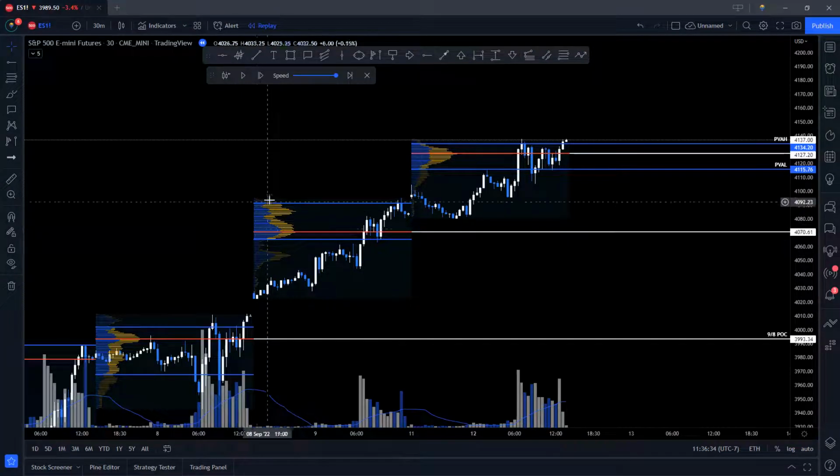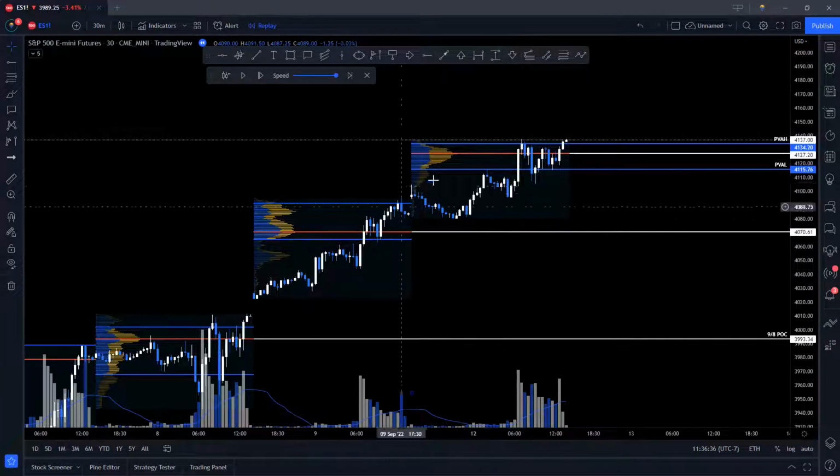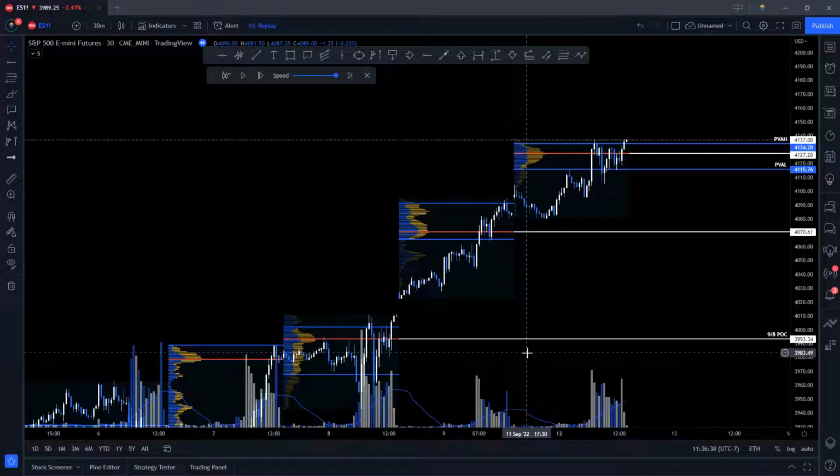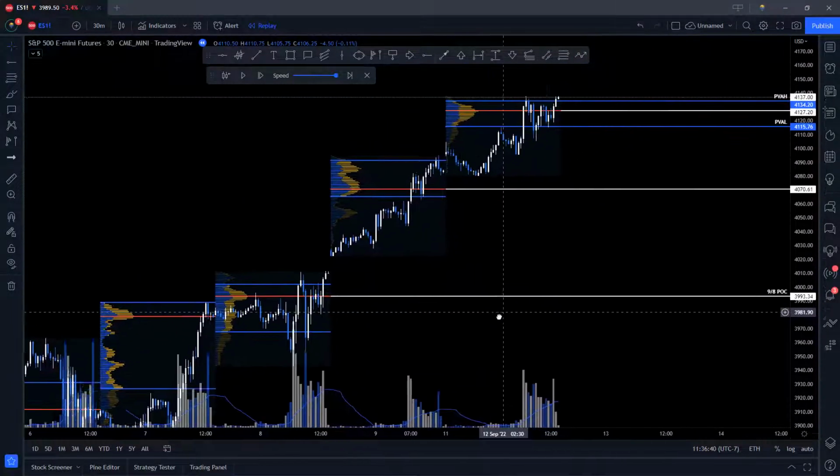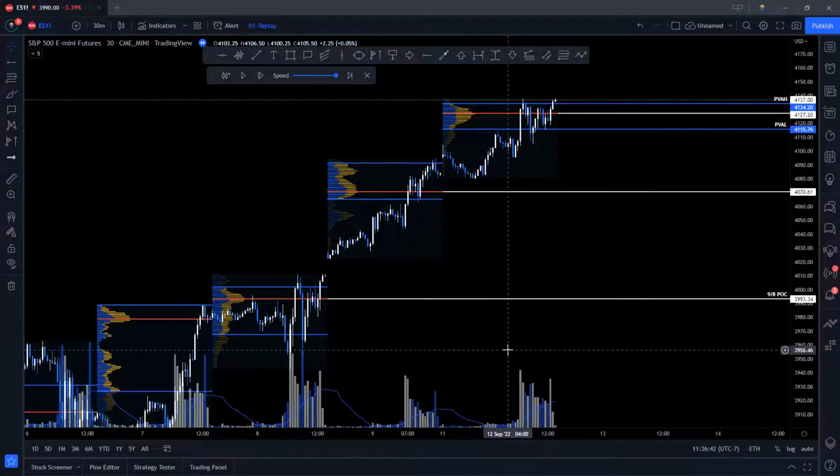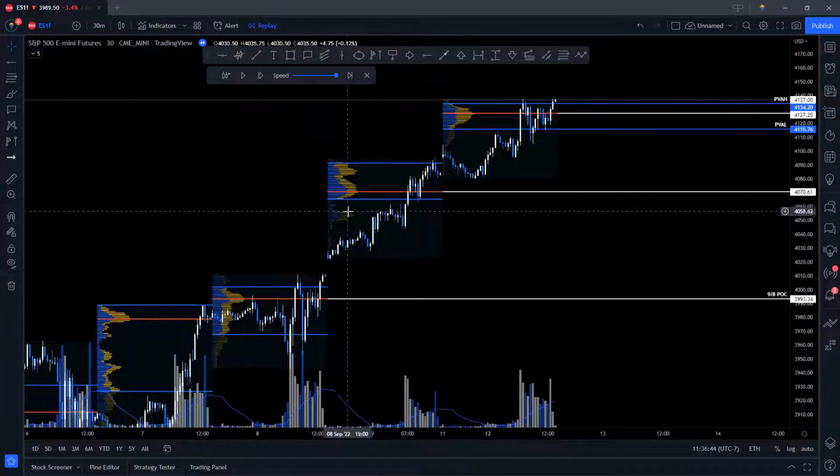Important to find your P-shape and B-shape volume profiles. Again, I'm not going to go into this too in depth. I have videos on this on my playlist. But you want to look for high volume nodes on P-shapes. So if we highlight this,